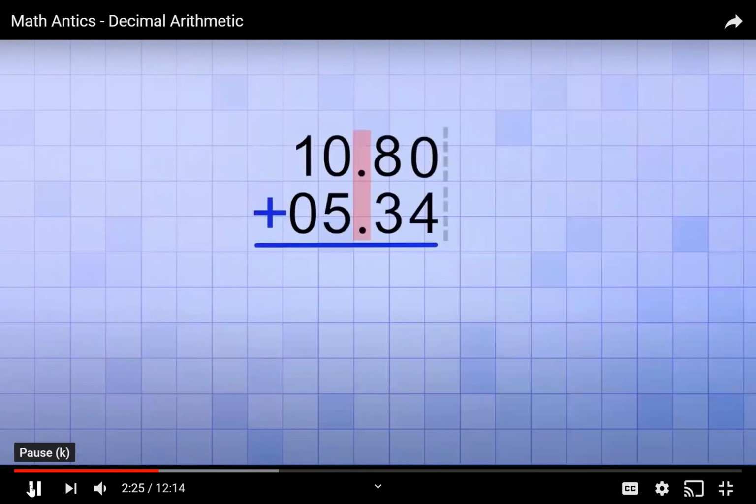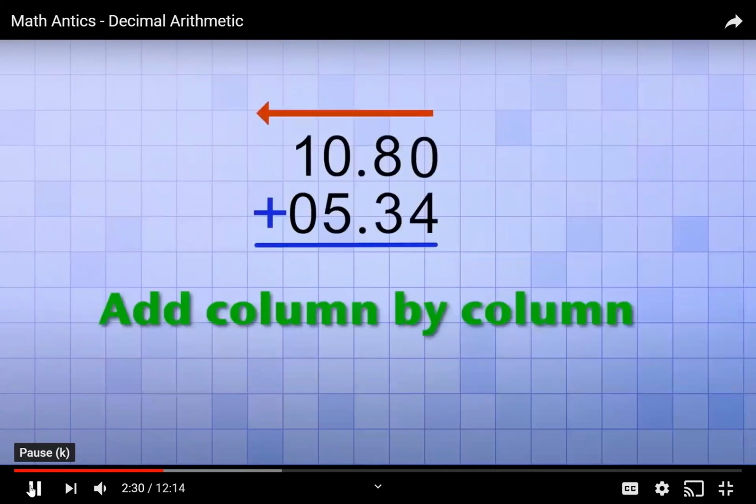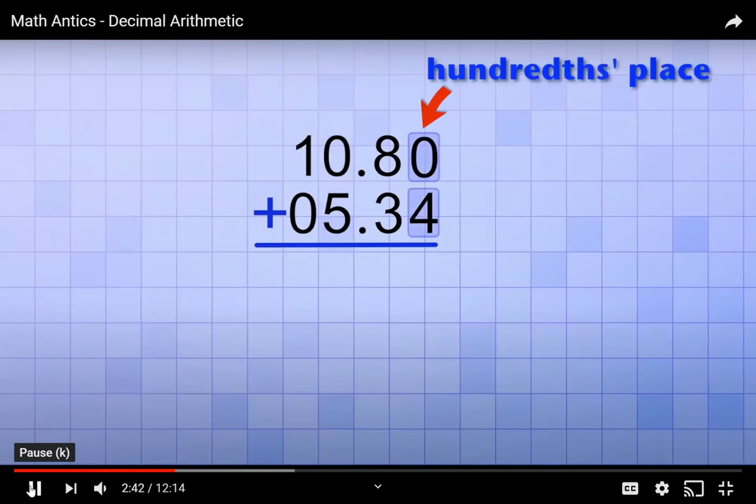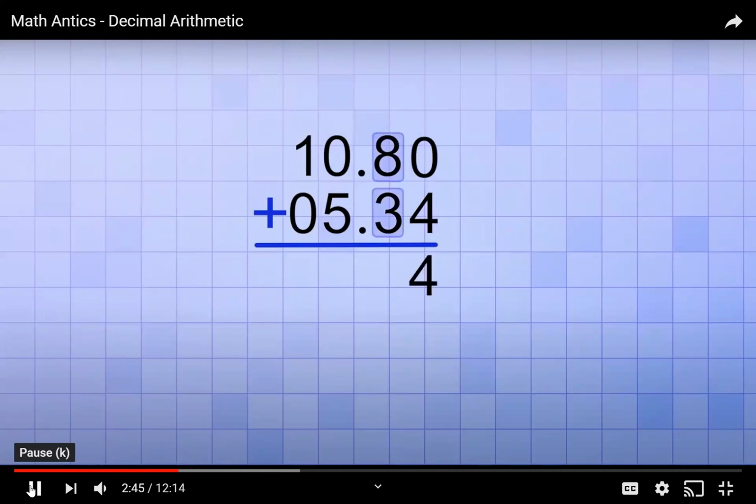Now that these numbers are lined up by their decimal points, we can add them column by column. But instead of starting with the ones place, like we always did with whole numbers, we start with whatever place column is the furthest to the right. In this case, that's the hundredths place. So we'll start there. So we add the digits in each column, carrying or regrouping as needed, and we get